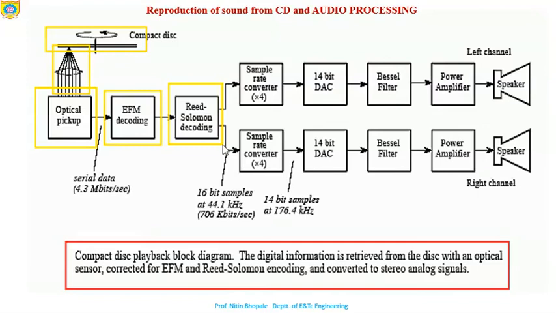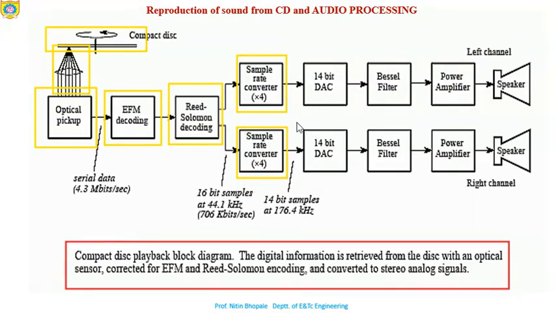At the input side we have already seen that the encoding is done with the help of the CIRC procedure. Here exactly the reverse is taken care of, because there may be various errors while writing. These errors are due to the motor speed, pitch error, and precise control frequency. These errors are to be properly corrected, which is why Reed Solomon decoding is used. Later on, a sampling rate converter for the left as well as the right channel is used.